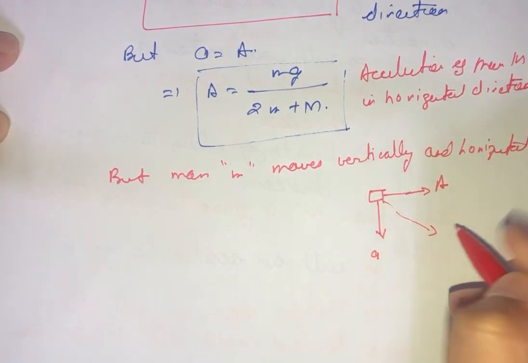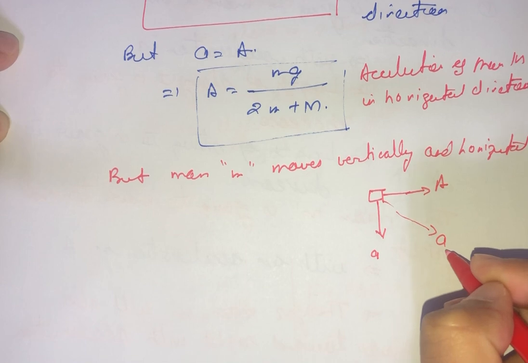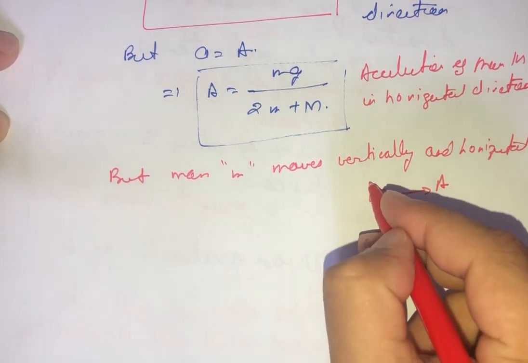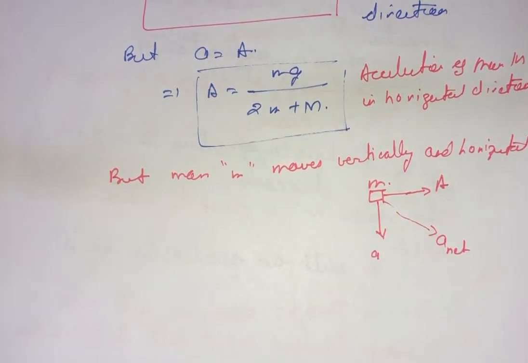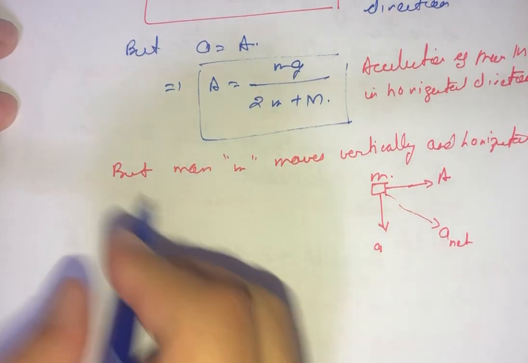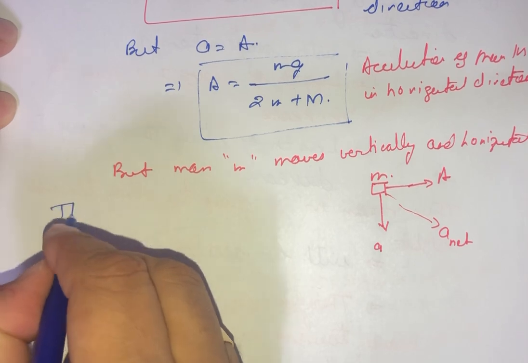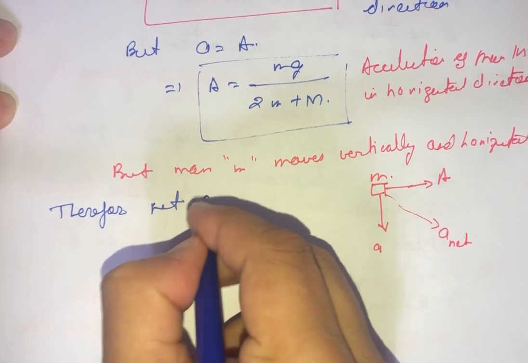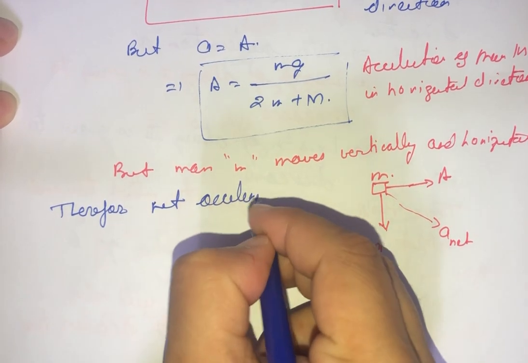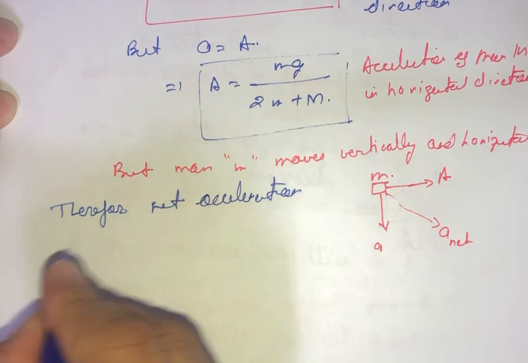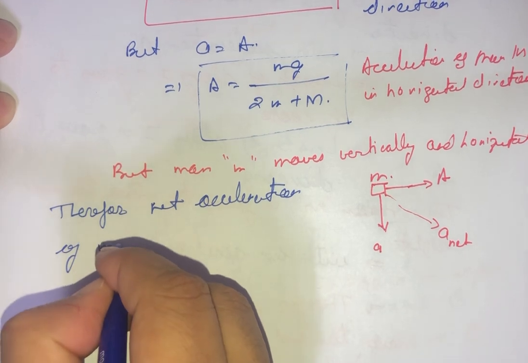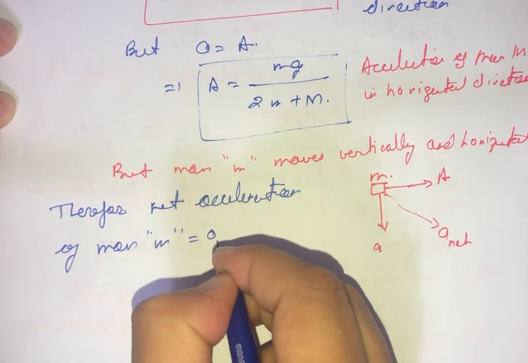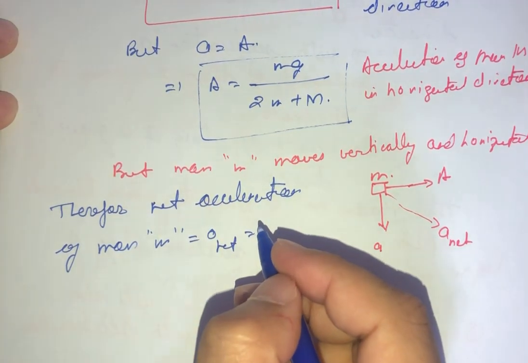So the net acceleration of this mass M will be somewhere here. Okay, so this is mass M. Therefore, net acceleration of mass M, that is equal to A net,